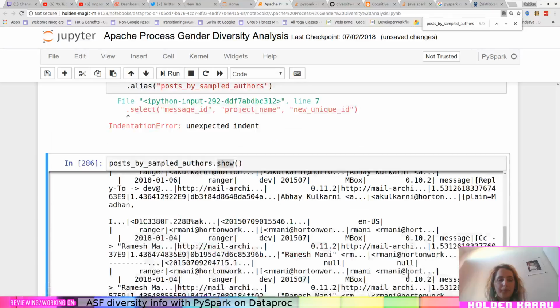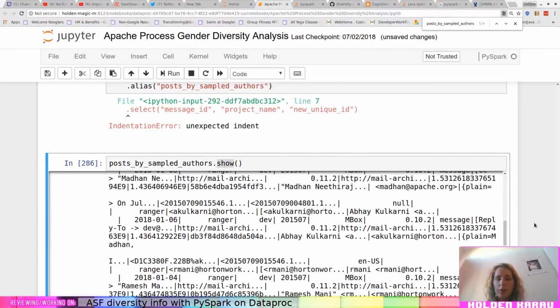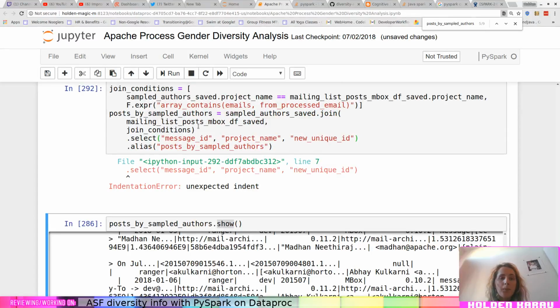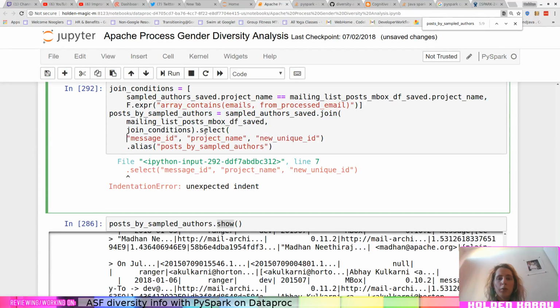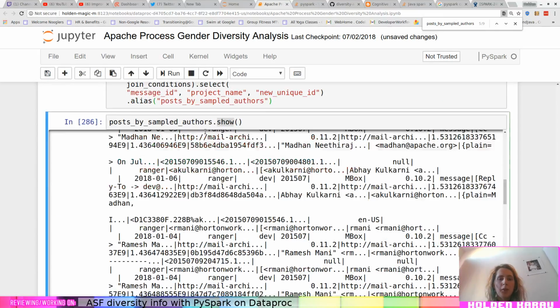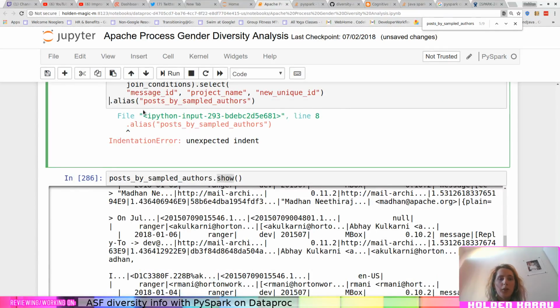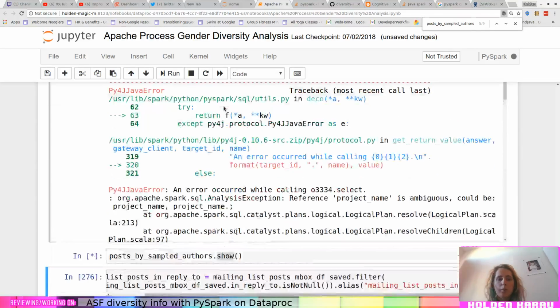Oh, damn it, the indentation is off. Oh, wait. What? Okay, yeah.